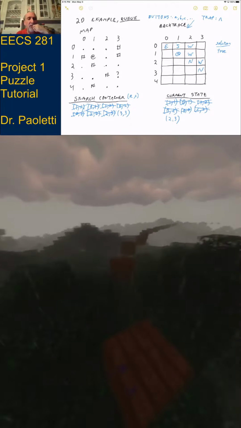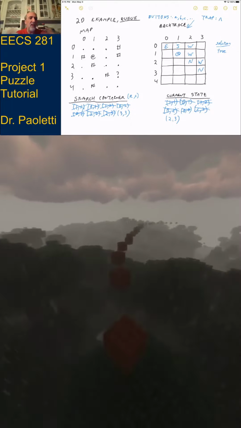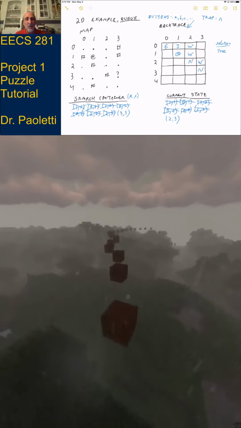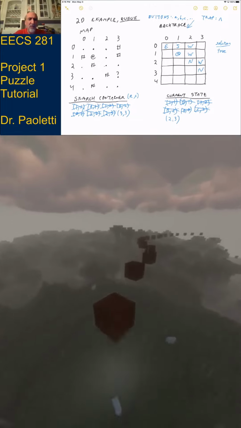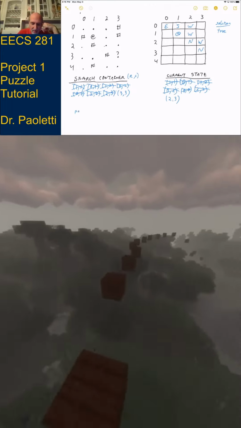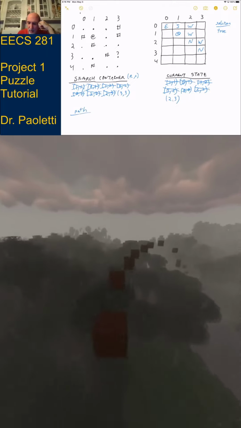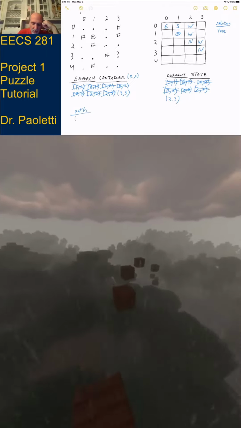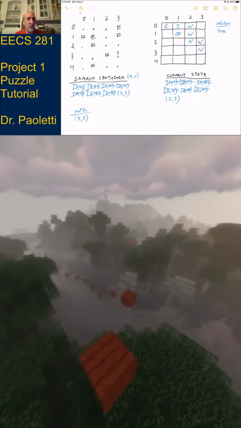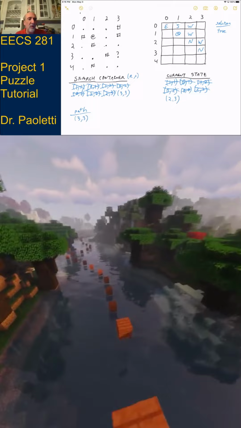So we need a container that we can put stuff in and take stuff out. We could use a stack. We could use a vector. We could use a linked list, but linked lists are almost never the answer in 2D1. So let's just call this the path. What is my path? Well, my path is 3, 3. That's the target. That's where I reached.